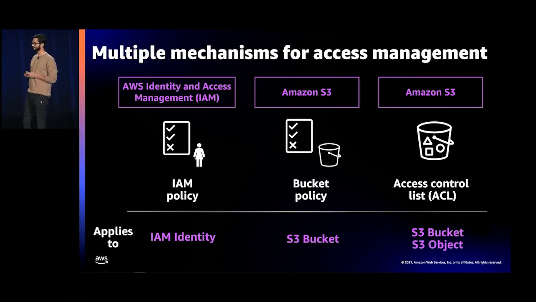And finally, there is the access control list, or ACL, which is the original method to control access to your S3 buckets and objects. It is a sub-resource attribute that is attached to every object and each bucket. Note that ACLs are a legacy access mechanism that predates IAM policies and S3 bucket policies. We at S3 have recommended that our customers use policies instead of ACLs for a long time. And this feature allows you to disable ACLs so that you can easily enforce this best practice.